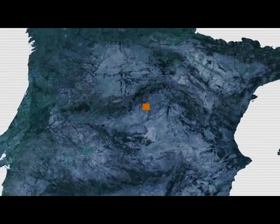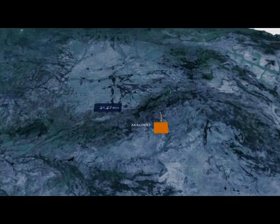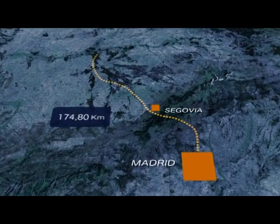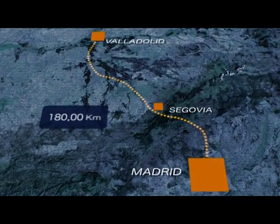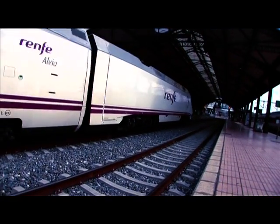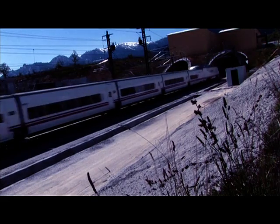It comprises a route of 180 kilometers with double track of international gauge linking Madrid with the Castilian cities of Segovia and Valladolid. A journey taking more than 2.5 hours in the past now takes less than an hour. Today it is already a fact, the time saving and the increase in number of trains linking the north of